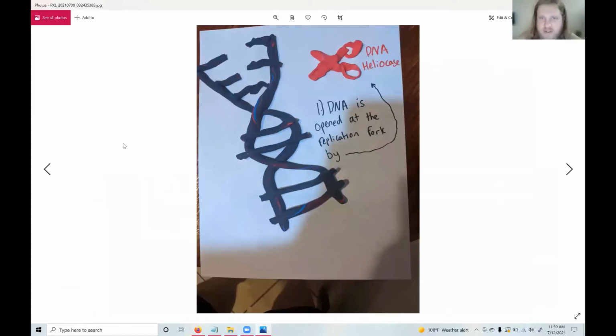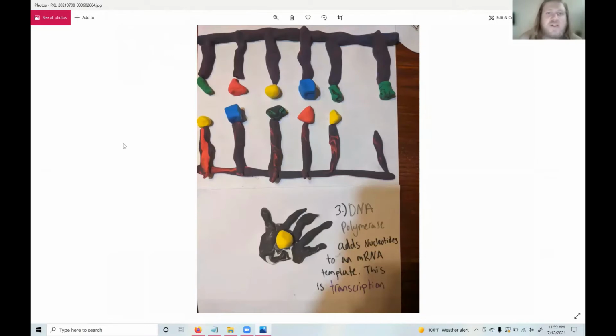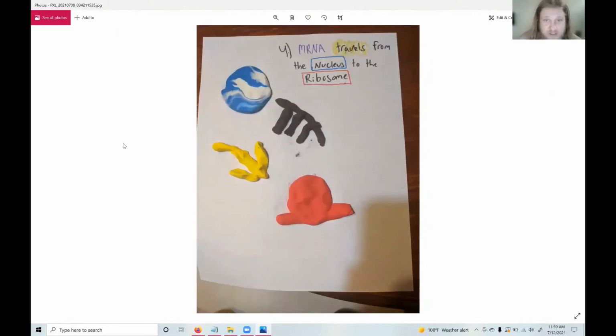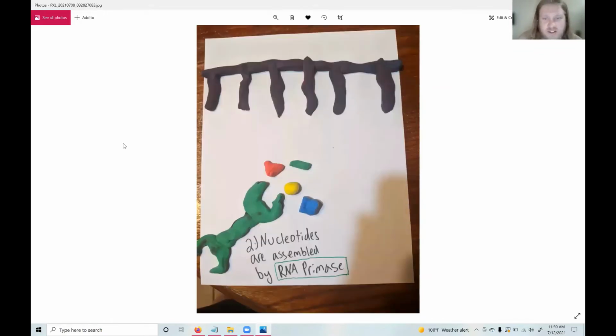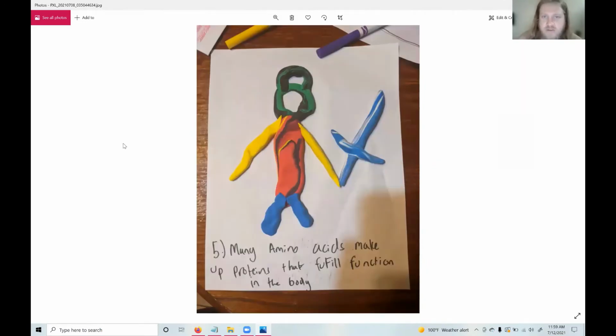So for a model of problem-based inquiry, I created a little project using claymations, or using clay models. Hi there, team. Today we're going to take a look at some of my little illustrations here. This is a way to help someone garner an understanding of what's going on in transcription and translation using clay models.